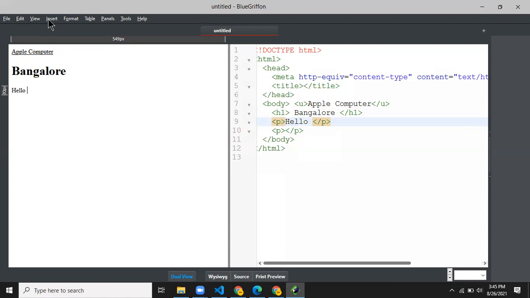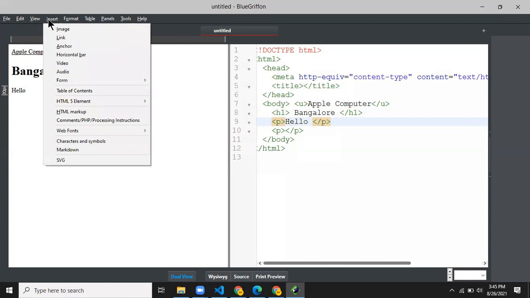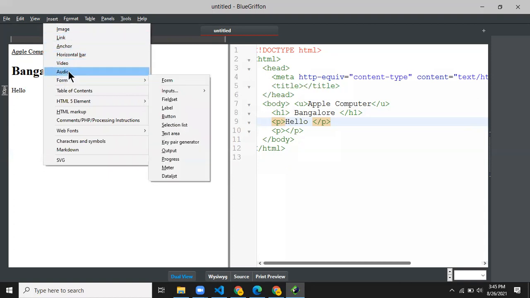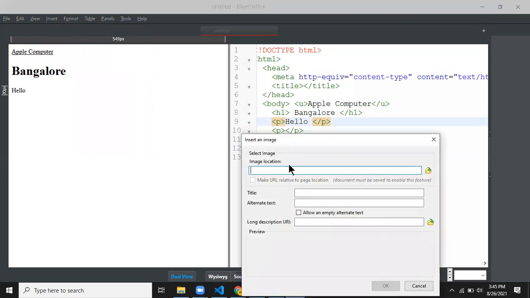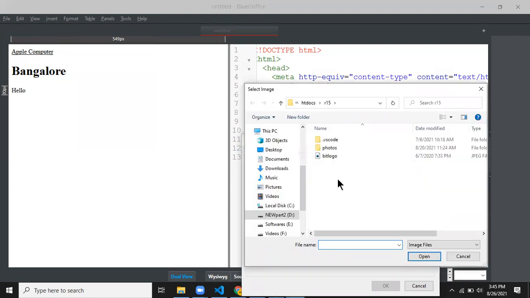Then what I'm doing is I'm using an option called insert there. There I can have an image inserted or a hyperlink inserted. What you want to insert, you can select the options over here. For example, let us say you want to insert an image. So now I'll go to insert image. Then it will ask me to select the image location where exactly it is. So I'm clicking the select image button there. Then it will ask me to select my image.